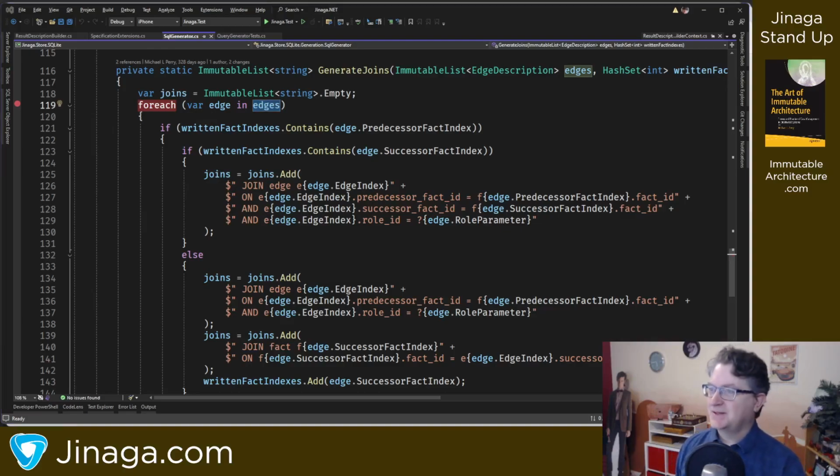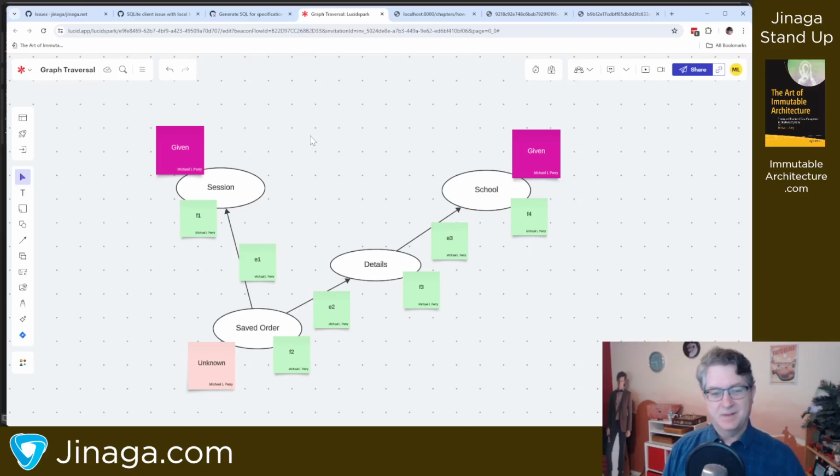Here's another interesting thing about graph theory. A graph is a set. It's a set of nodes and edges. You can consider it two sets, a set of nodes and a set of edges. I've seen it described in both ways. Each one is fine. So the idea of traversing a graph is not, you don't have to think about it